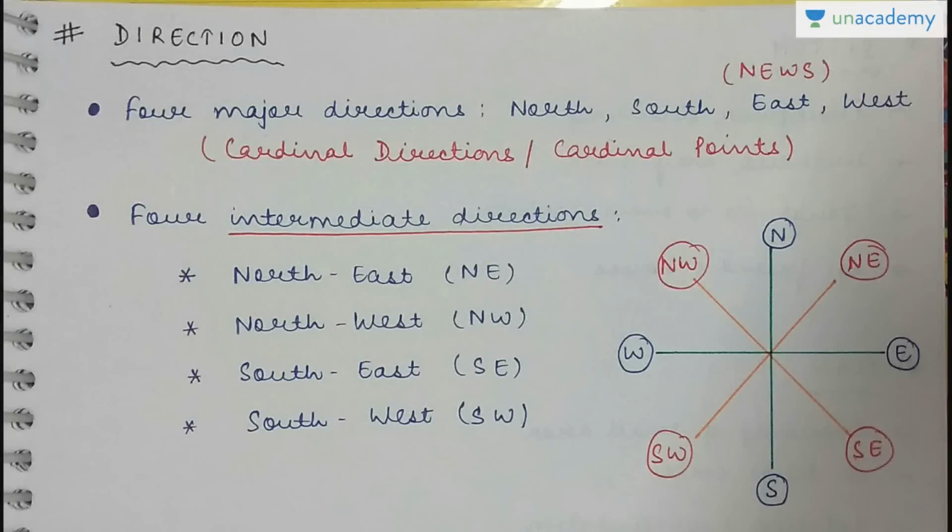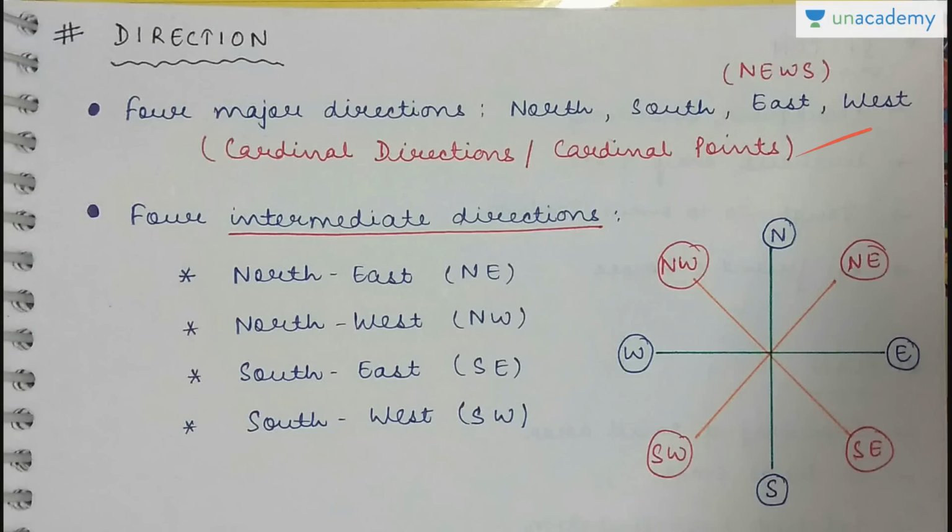Now the other components of maps are basically what is present in maps. When you read a map and you read an atlas, you should know what things are present there. So the other thing is direction. There are 4 major directions: north, south, east and west. So it's like NCERT. When we combine them, it's like news. I hope now you understand the full form of news. It's basically north, east, west and south, covering news of all the directions.